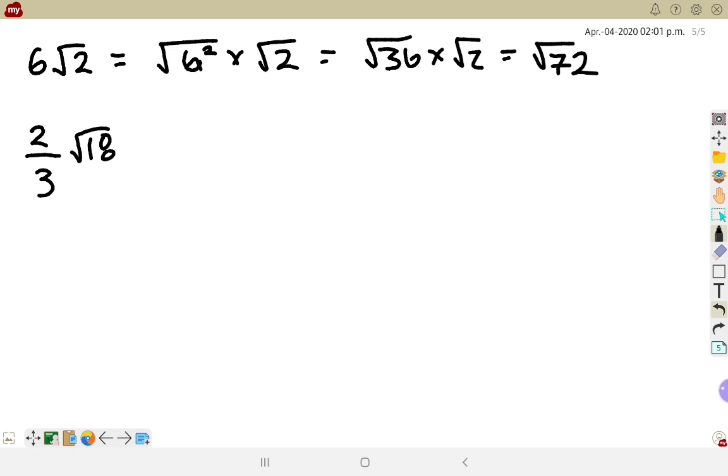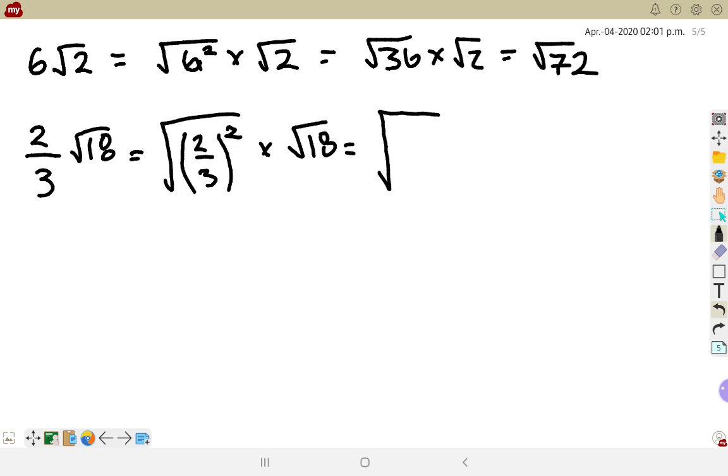Okay, so if I've got 2/3 times the square root of 18, I need the 2/3 to go underneath a square root symbol. But I would also need to square that fraction. So I've got the square root of 2/3 squared times the square root of 18. Because of my exponent laws, I need to square the numerator to get 4, and square the denominator to get 9, and then I'm multiplying by that 18. I can put that all under one radical symbol,